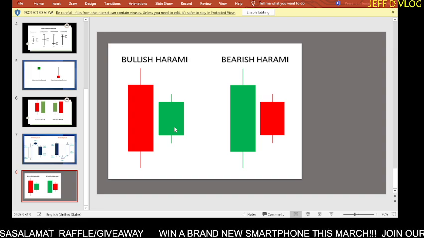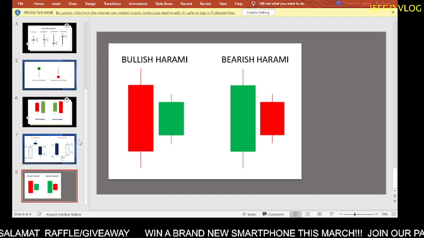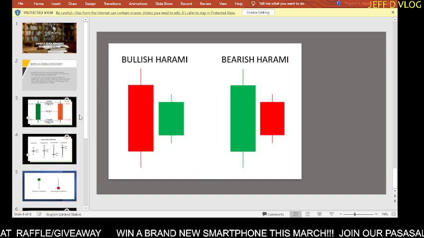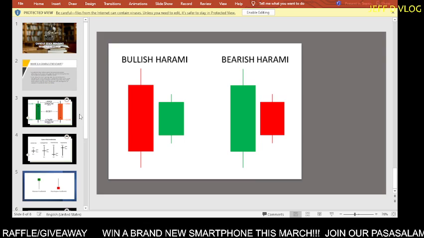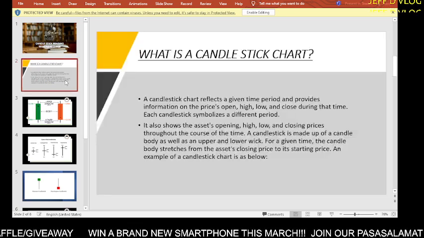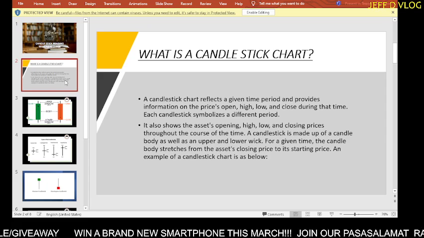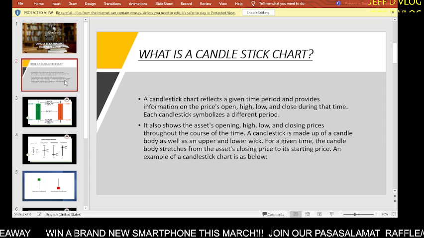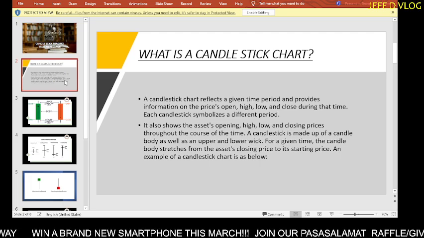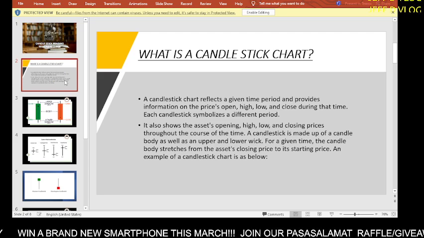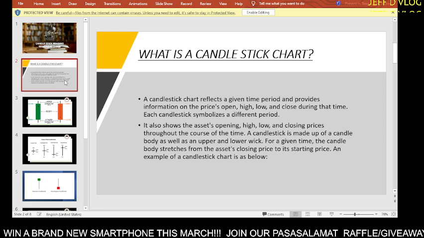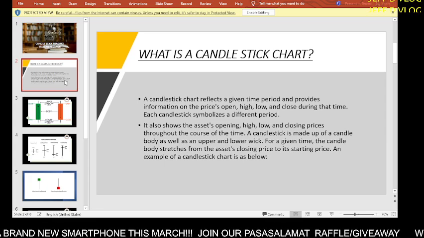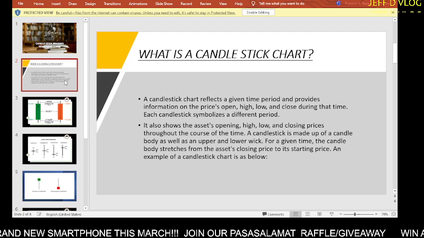So, what else? I think those are some of the candles and some of the lessons I have for this candlestick chart. If you do have a question, or you want me to elaborate more, or something still confuses you, you can write it down in our comment section. But for me, the most important thing here is for you to check as well, aside from this,